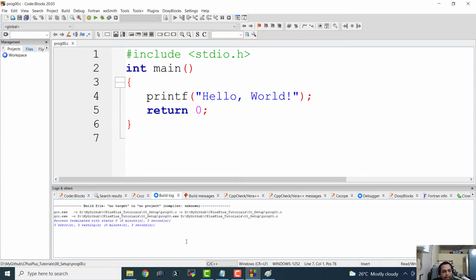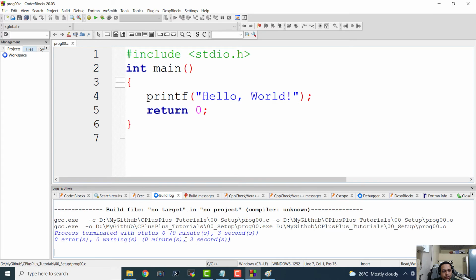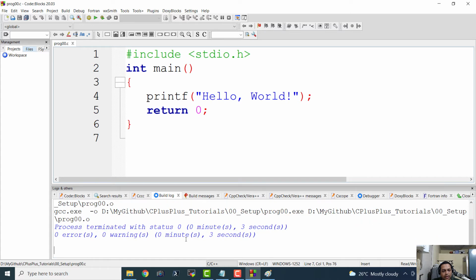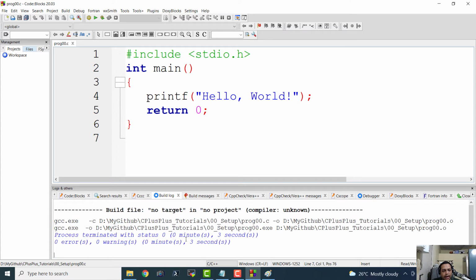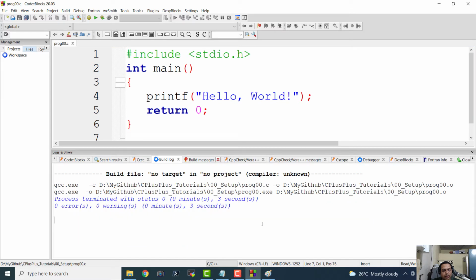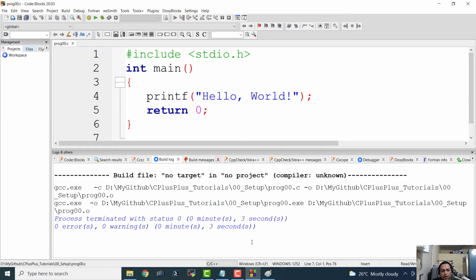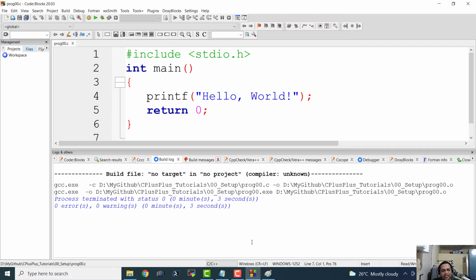And here it says that the process, okay, so let us increase the size of the font here also. And it is quite possible by again the same process. You just highlight this particular section, and here we can see the build log, and just keep the control key on your keyboard pressed and scroll the mouse wheel up or down to adjust the font. It says process terminated with status 0. It means that it was successful. So it only took 3 seconds on my modern processor to compile this program.